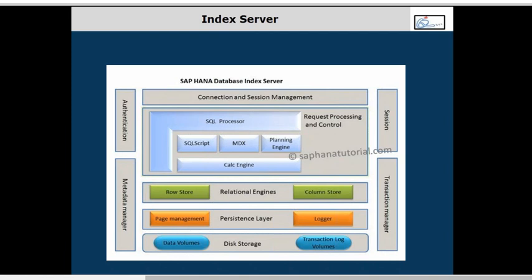Let's say you've defined a calculation view, called a design model. When you run a query on that particular calculation view, what does the calculation engine do? It creates one execution model: to get the output of this result, what all steps do I need? It formulates a runtime model for the HANA calculation view or analytical view, which is called an execution plan, then identifies which steps can be executed in parallel, executes them in parallel, and gives the results out.